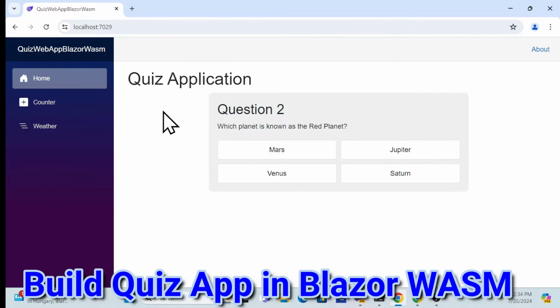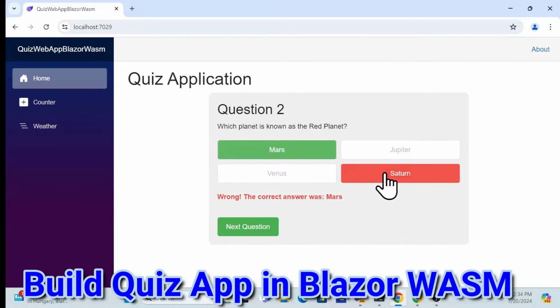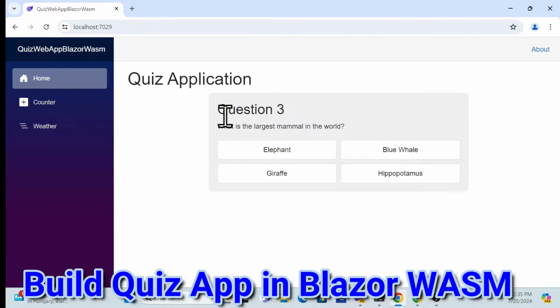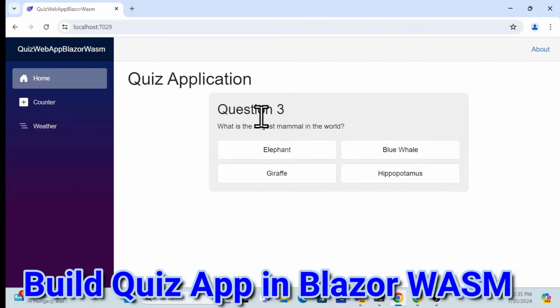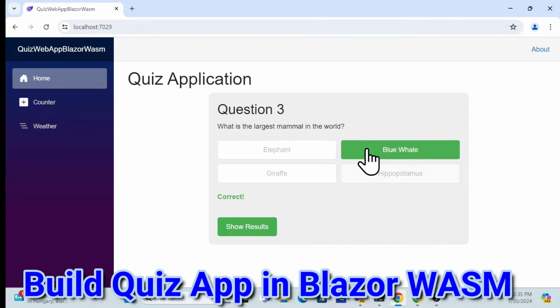So it will load another question, the next question, and here again you can choose options. For example, I just choose this one. So see, this is again incorrect. If it is incorrect, it will tell you, okay, this is incorrect, and this is the correct option for this question, and then you move to the next, and then again there is another question, whatever set of questions we have. So that appears in the next question, and then when I click the correct option, so now see